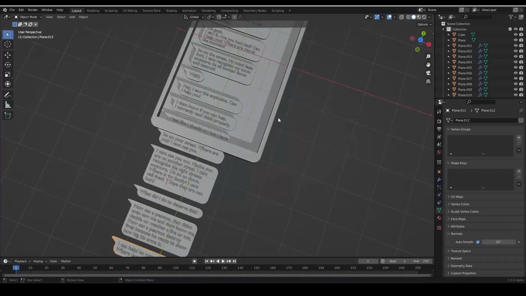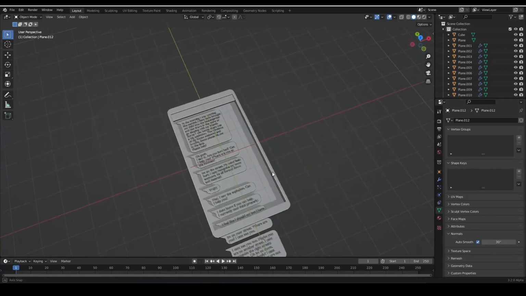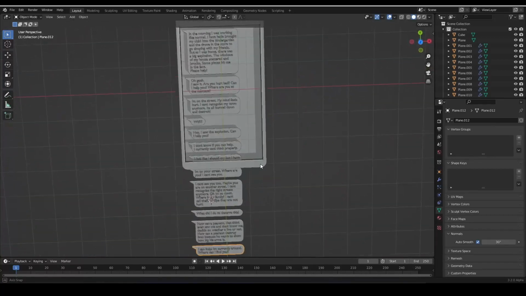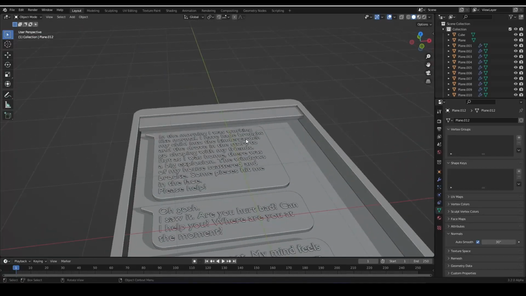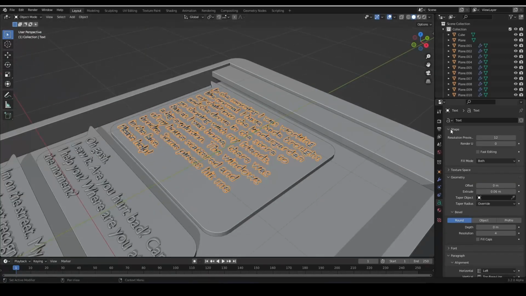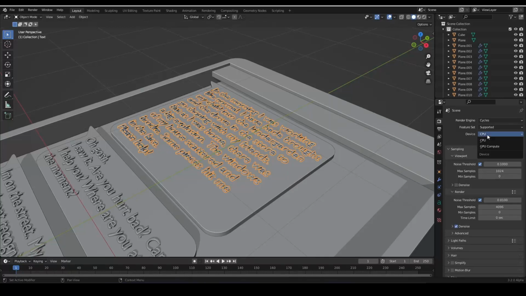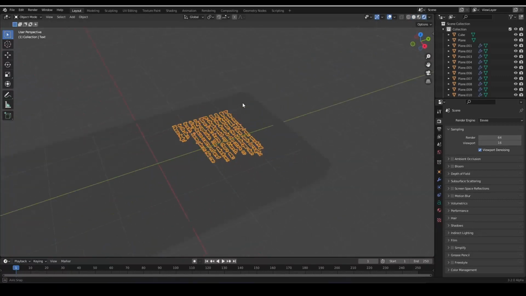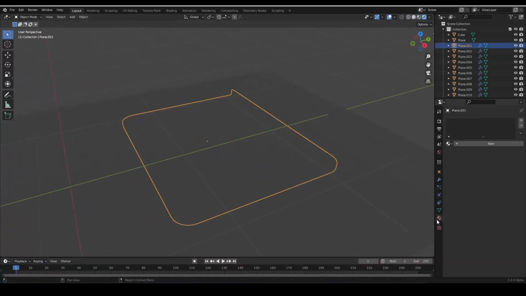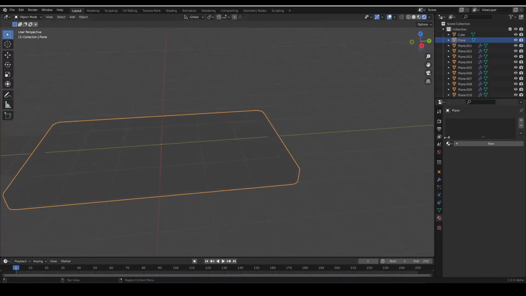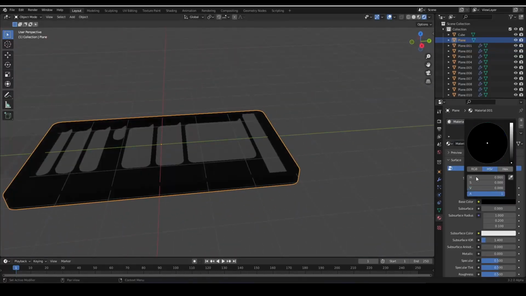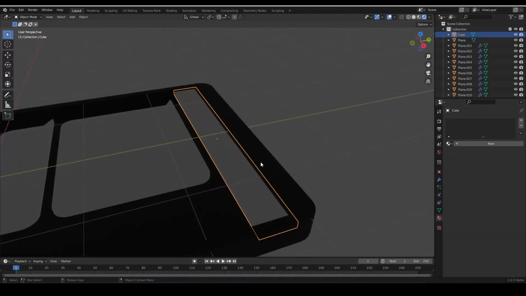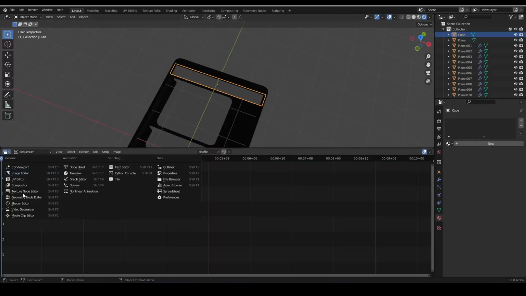So now we've made our messages here. I have just written here something I thought is important at the moment. So we can now maybe first of all go into shading. I will use Eevee for this. And I think the mobile phone should be black. Like this. And I think I will first maybe make the background so we can,